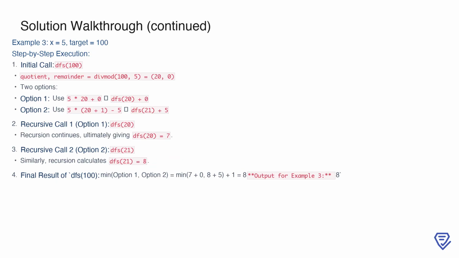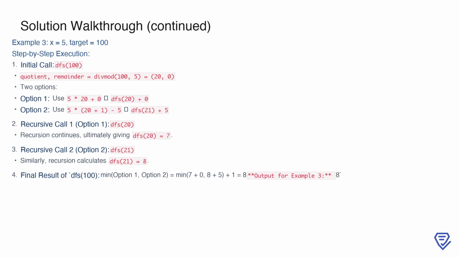In the third example, x is 5 and the target is 100. The initial call is DFS(100). Dividing 100 by 5 gives a quotient of 20 and a remainder of 0. This allows two options. The first is to express 100 as 5 * 20 plus 0, leading to DFS(20) plus 0. The second is to express 100 as 5 * 20 plus 1 * 5, which results in DFS(21)